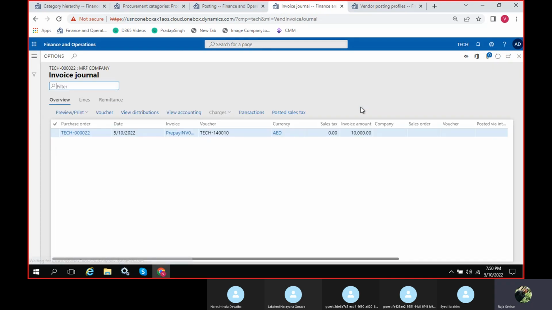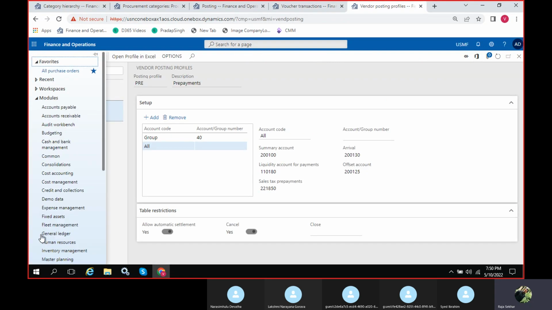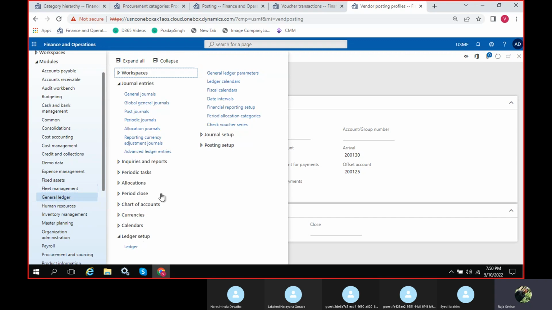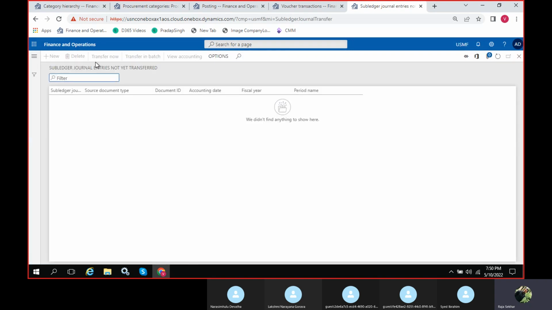You can see the journal also. So sometimes it will not transfer. So what you do, just go to general ledger, periodic, subledger not transferred.